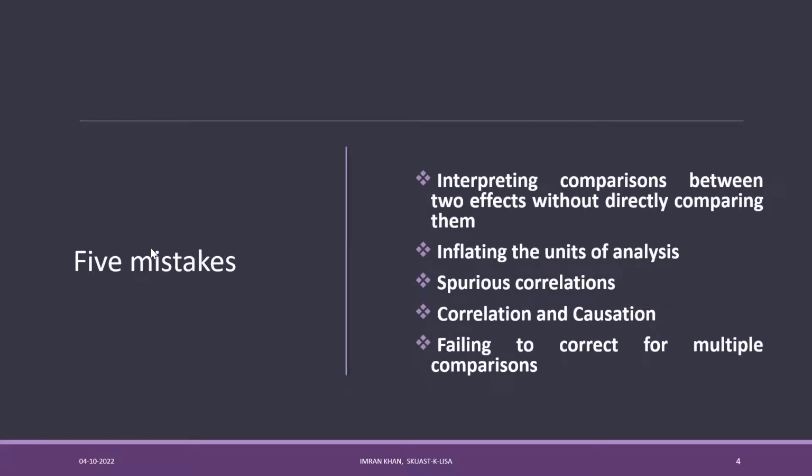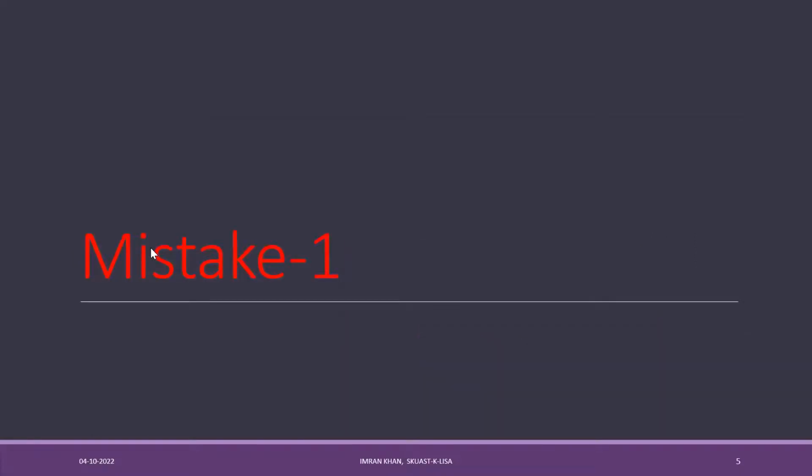The 5 mistakes which I'll be discussing are: interpreting comparison between 2 effects without directly comparing them, inflating the units of analysis, spurious correlations, correlation and causation, and failing to correct for multiple comparisons. The first mistake: